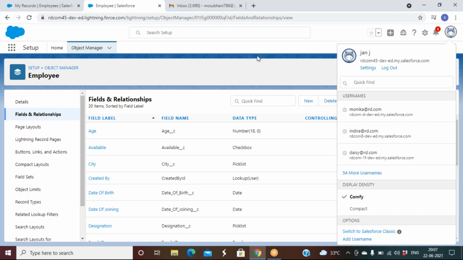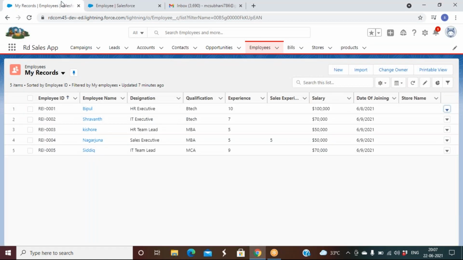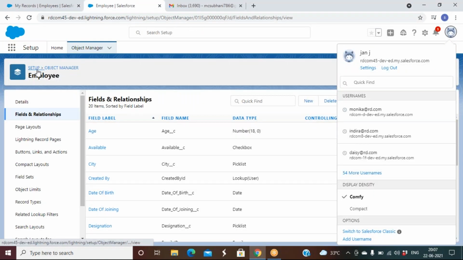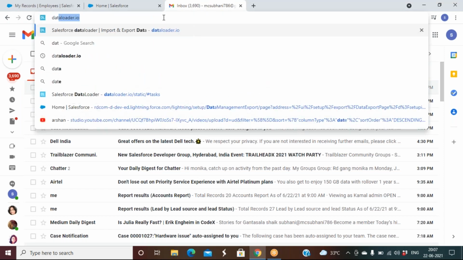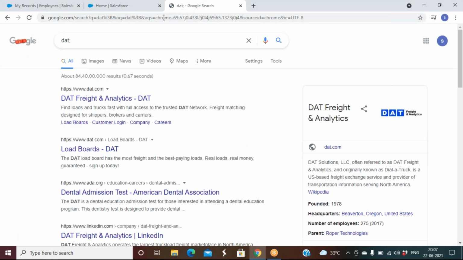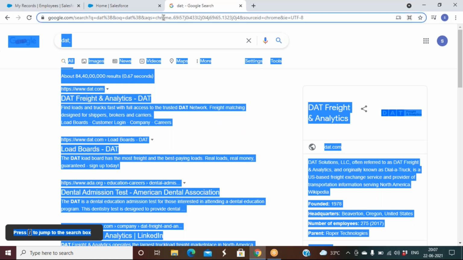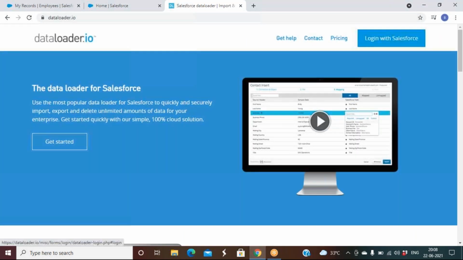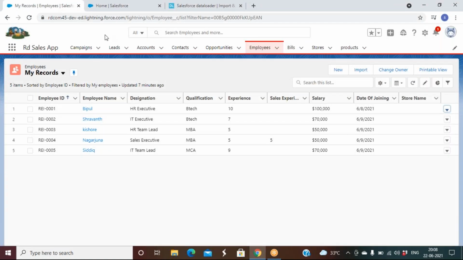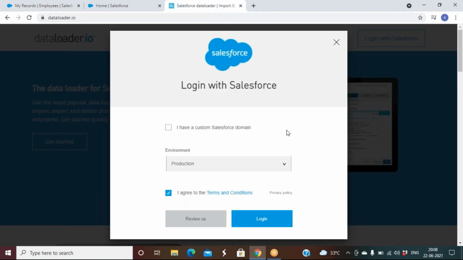Right. So, sir, in that yes/no option, should I just go ahead and select yes? I was too scared to do the edit. See, Data Loader you can call from here. Don't go there, just go to Setup, Data Loader. Or else type dataloader.io. I used the Data Loader from the app, from Salesforce. Anywhere it will come here only. Before that, you log in to Salesforce in another window.